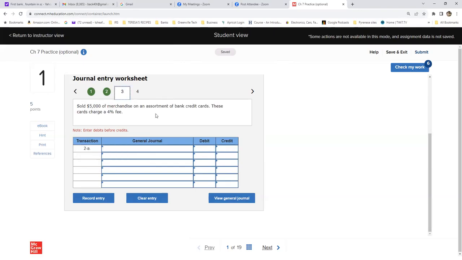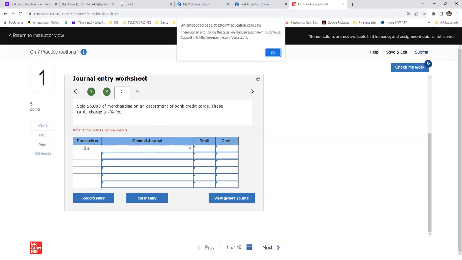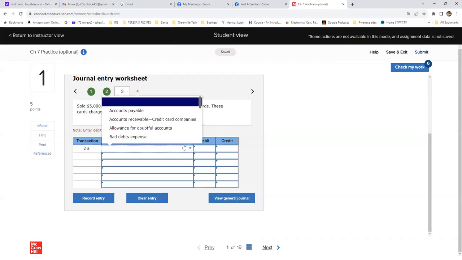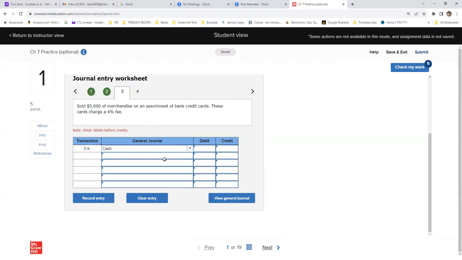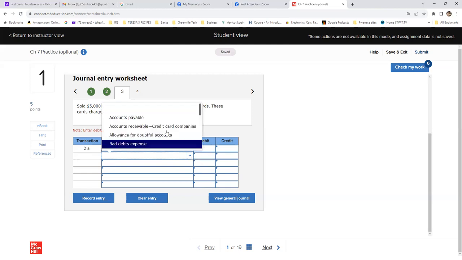All right. Tab number 3, we sold $5,000 of merchandise on an assortment of bank cards. These cards charge a 4% fee. So first we have to take out the 4% to figure out what our cash debit is going to be. So 4% of that is going to be $200. So I'm going to start out by putting cash as our debit. And we're also going to have another debit, which is going to be credit card fees